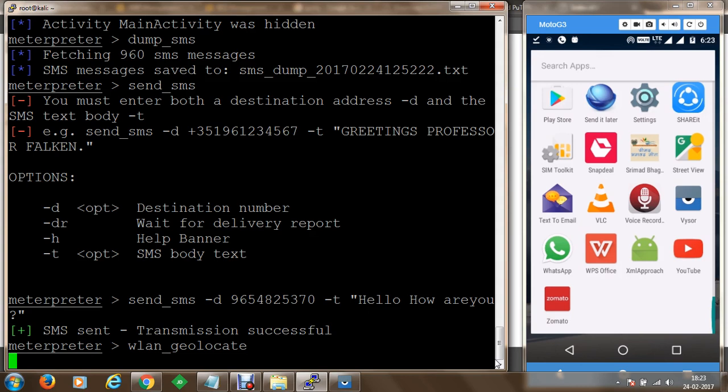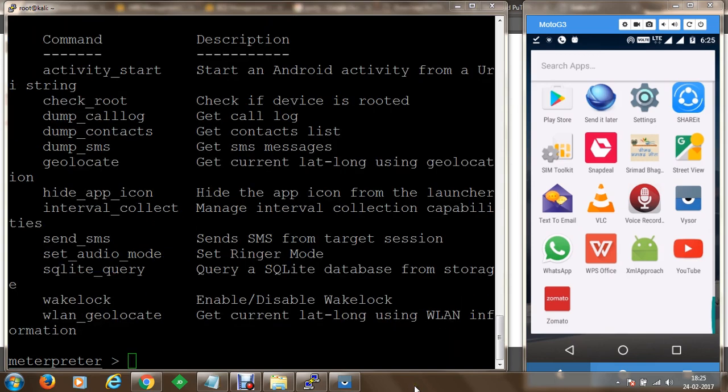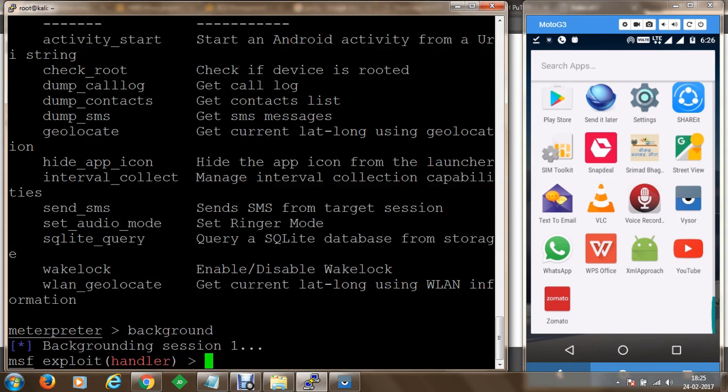Once we execute wireless LAN geolocation, we're going to get the location of the wireless LAN. Once you have the wireless LAN geolocation, you can proceed to various other commands, like you can execute the background command